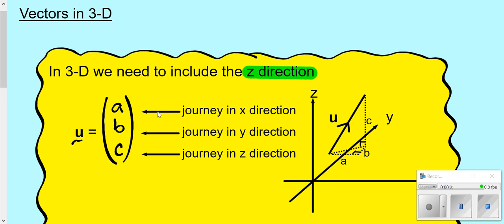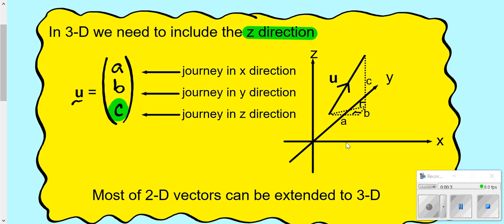Now, just like 3D coordinates, it's just an extra value on at the end. So for our vectors, it just goes in at the bottom. So we've got our journey in the X direction, our journey in the Y, and then that Z value goes on at the end. And again, our diagram still looks the same. So you still have X going left and right, Y going forwards and back, and again, Z goes up the way. Now,